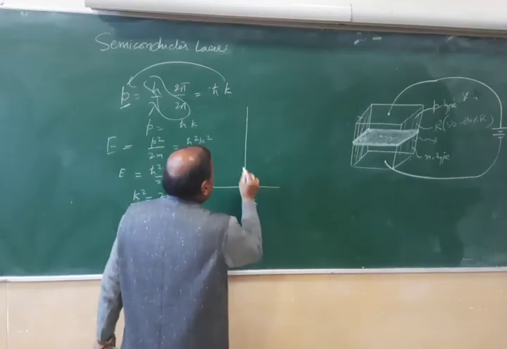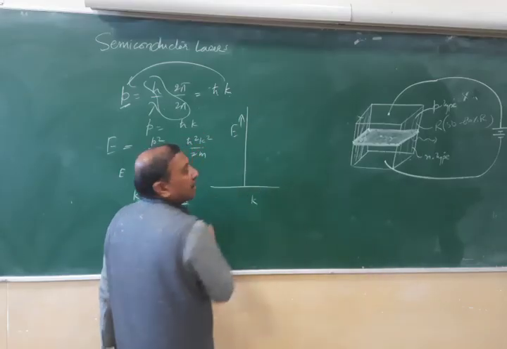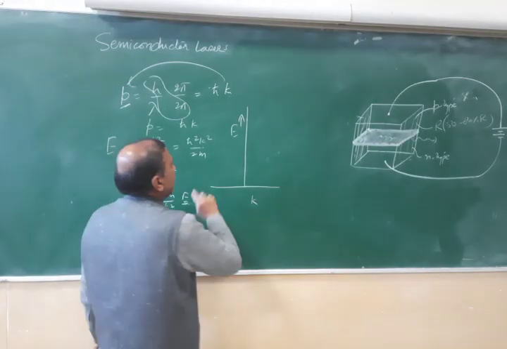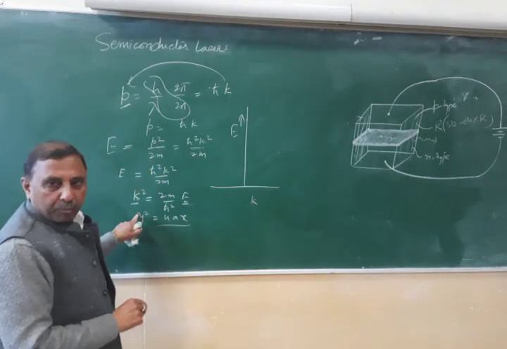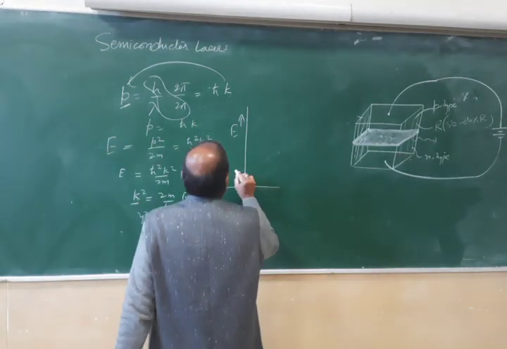You have this K and this is E. Okay, E and K. So E and K is like a parabola. So you may have some plot, something maybe like